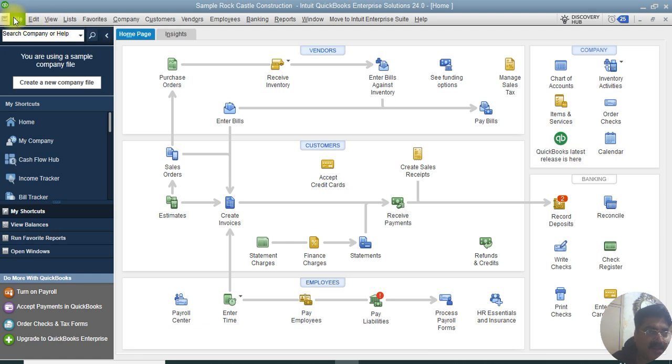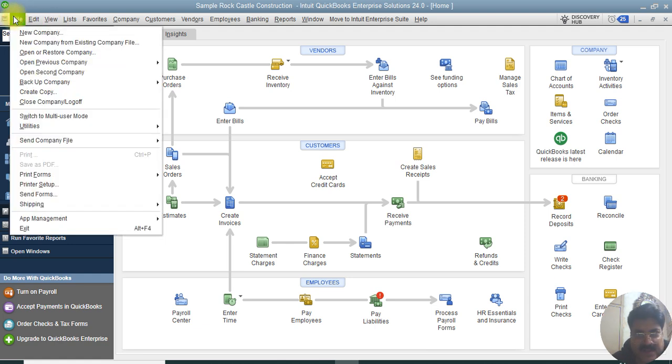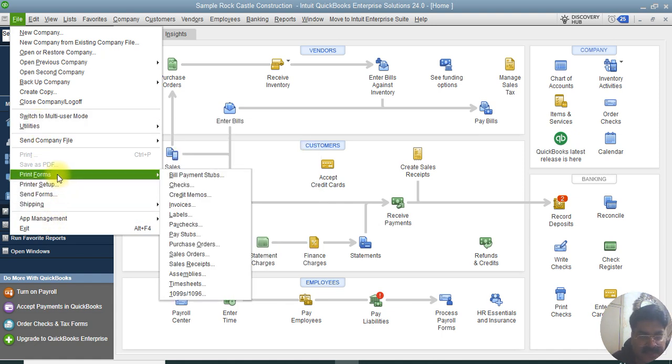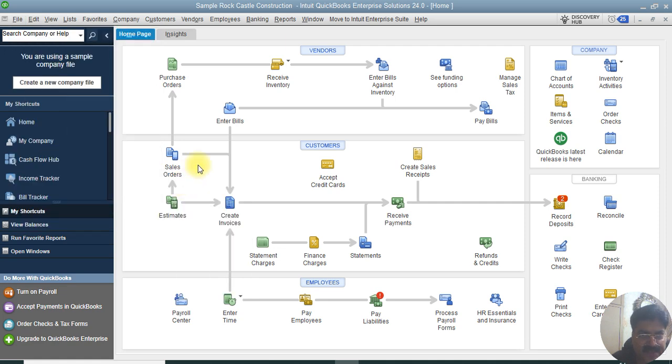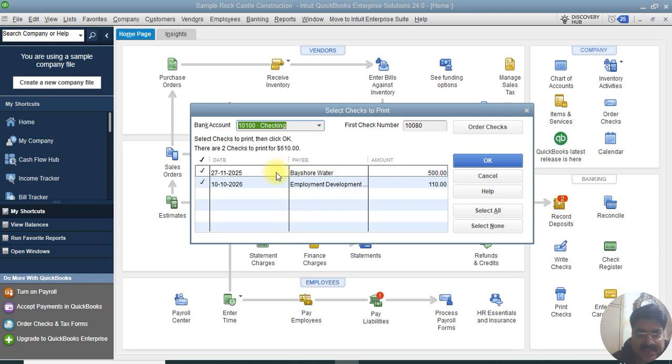What we are going to do here is go to the File option at the very top, and then go to Print Forms, and there's an option which says Checks. So we can click on Checks here. You can see that the voucher of today's date is already there. We can check or uncheck the print, or we can print these two checks in one page as well. So we can go and check both,